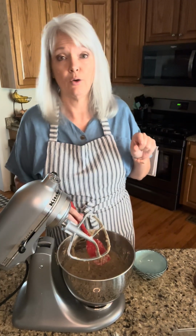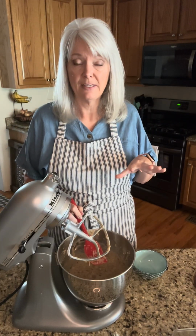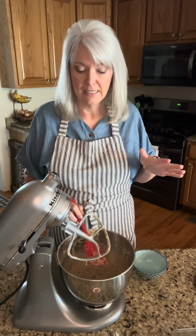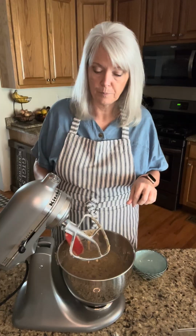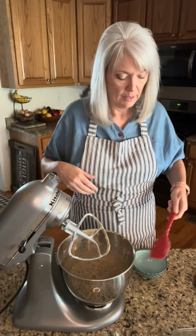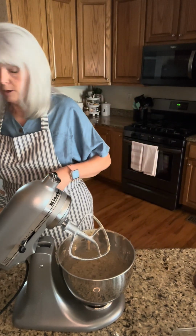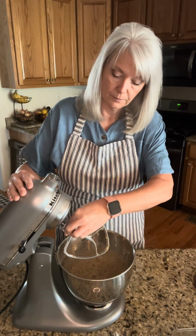And this is going to go into my oven, which is preheated to 325, and this is going to bake for about 55 to 60 minutes. Let me get this poured up, and we will get this poured into our